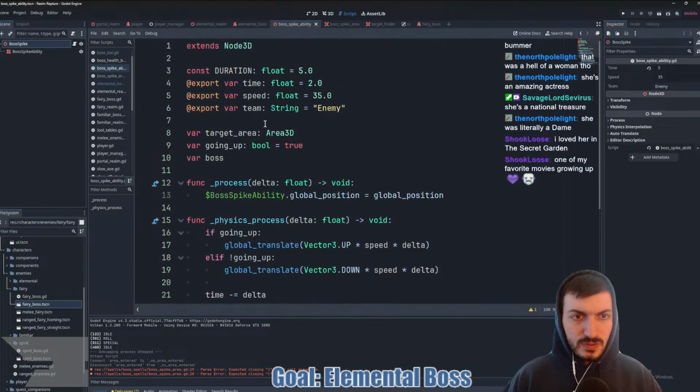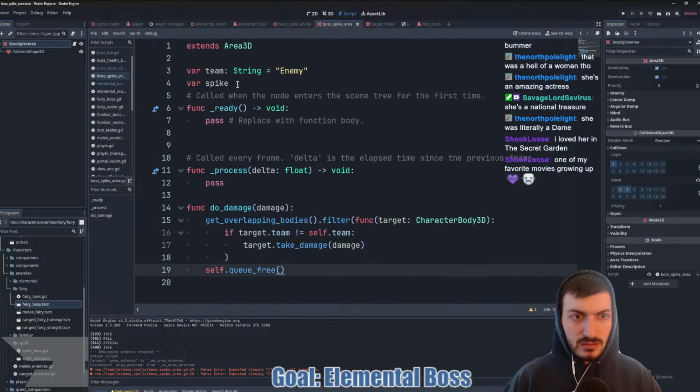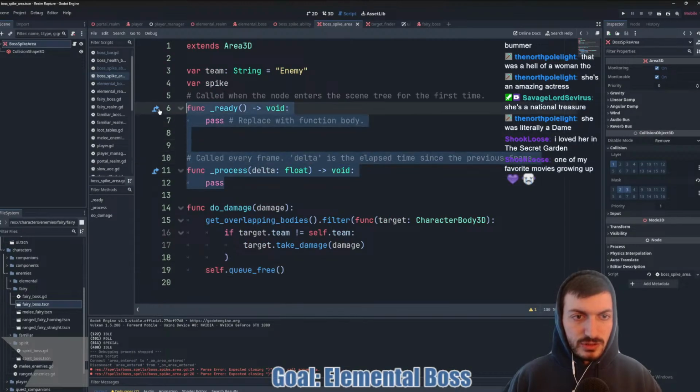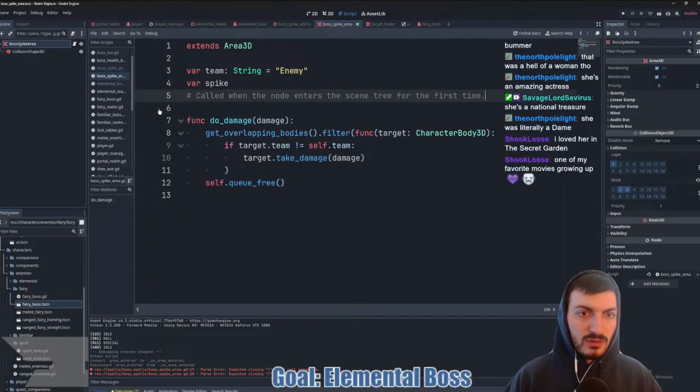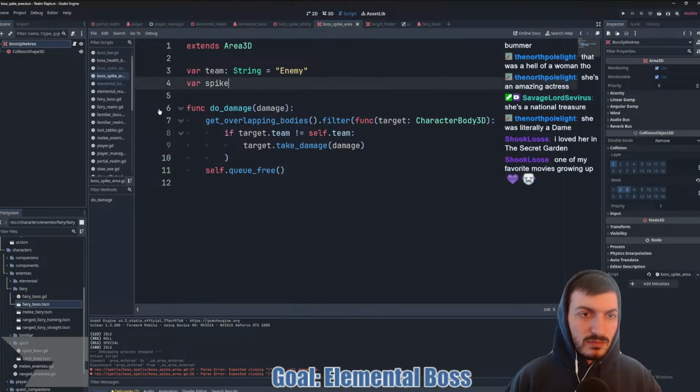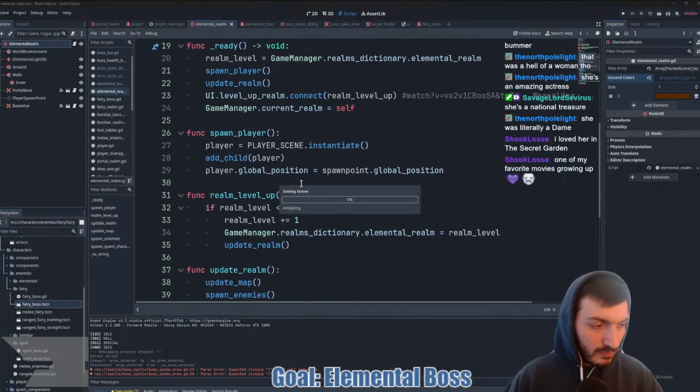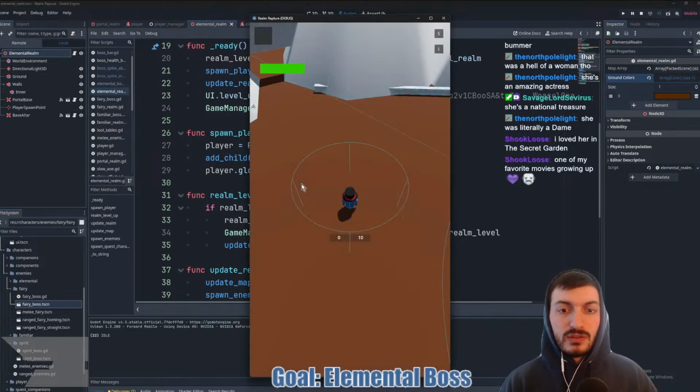So now it knows what the spike is here. Tells it to do damage. And now we hit play. Hopefully it doesn't work. Or it does work.